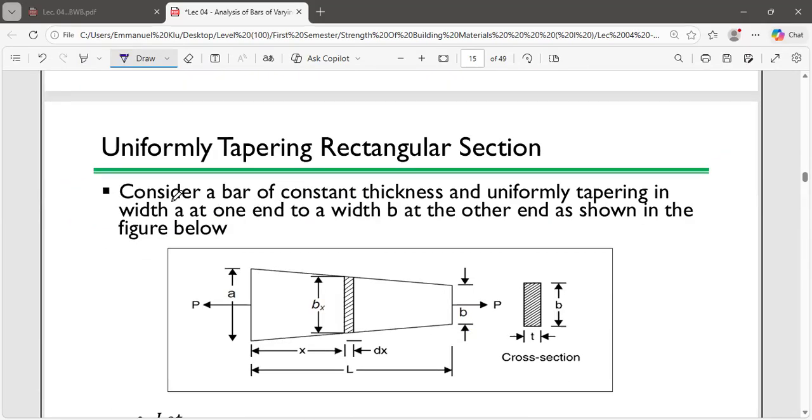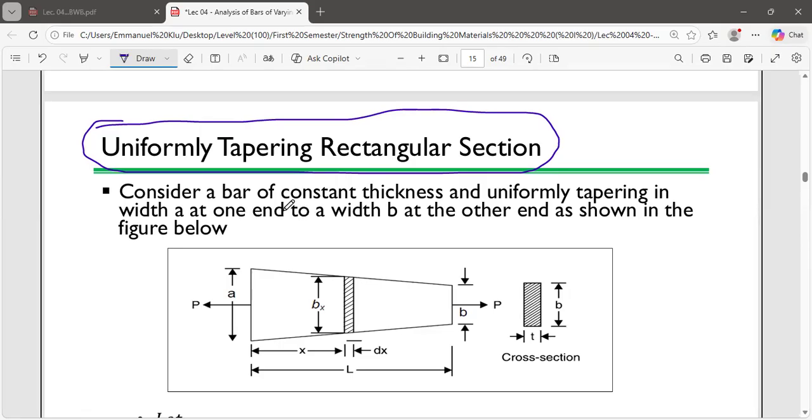So that is, consider a bar of constant thickness and uniformly tapering in width